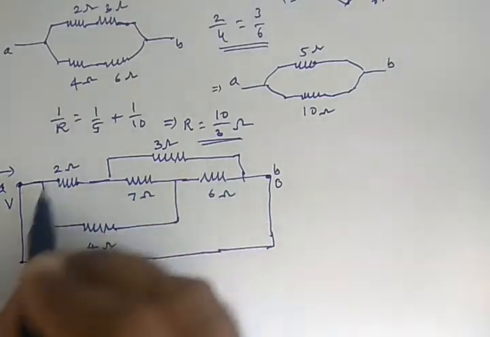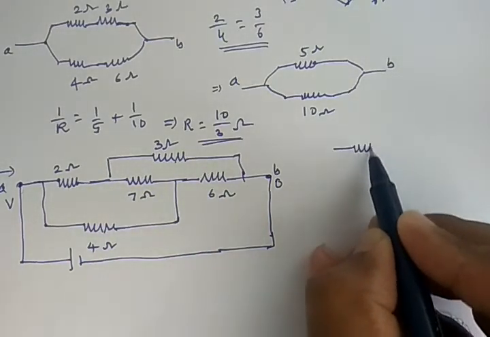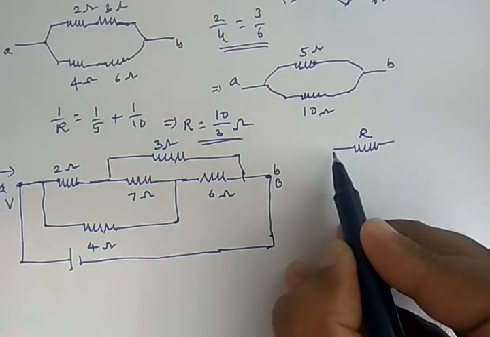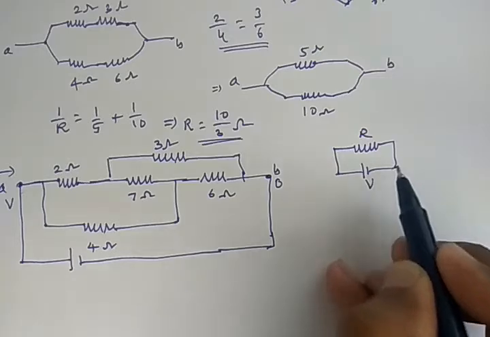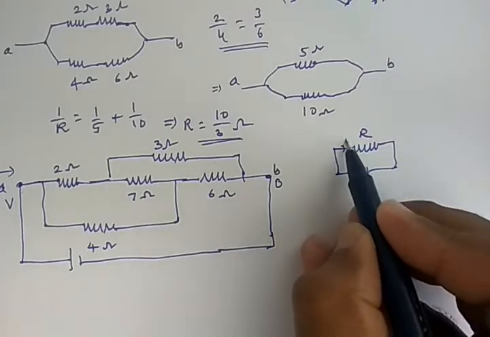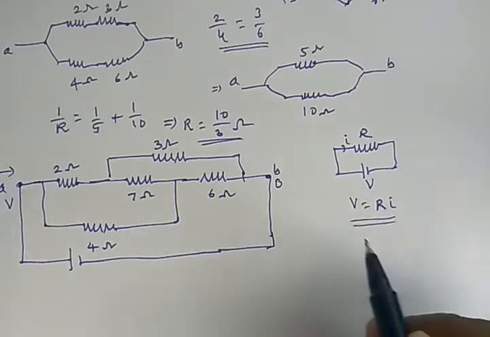So you can replace the whole thing by a single resistor like this, and let us connect that single resistor to a battery of EMF V. So current will be established in that. So you can write down V equals Ri. So here also